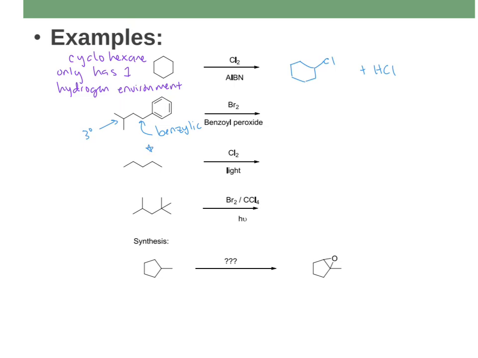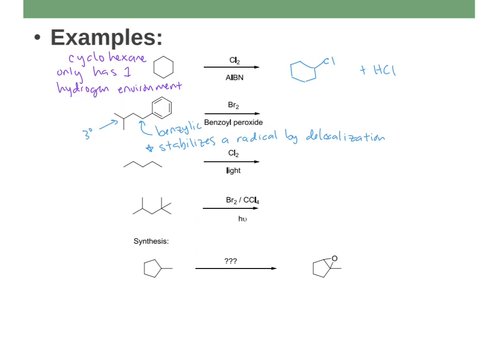Which means that it would stabilize a radical, just like it would an anion or a cation. It stabilizes a radical by delocalization. And remember that delocalization is such a powerful force that if you can go benzylic, even over a tertiary spot,